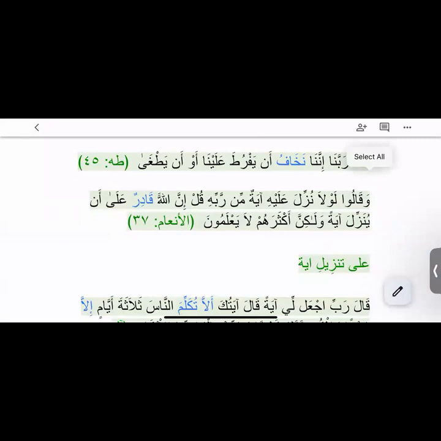So what is the status of an yatwa? Nasb fi mahalli nasbin, right? Because it is mafulun bihi for nakhafu. You don't say it is mafulun bihi. You just say that this is matuf. Just call it matuf, and it will make complete sense. Okay, and that's the right way to do it.